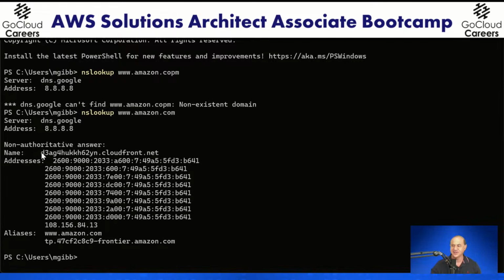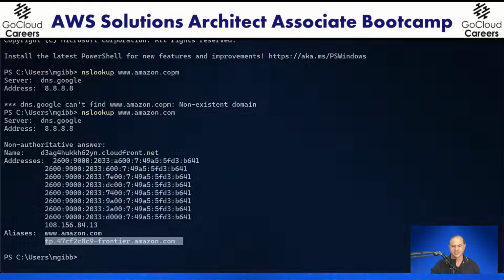So if you don't want this and you want something pretty, was there a type of record that we talked about when we talked about DNS? Yes, there is. It's going to be called the CNAME record. So what you can see is, or an alias record, you can map www.amazon.com to another one of these ugly content delivery network distribution names. So hope that helped there. So that's what you'll fix. You'll create a CNAME record or an alias record to make something pretty for the CloudFront distribution. Now you also have to set up a CloudFront origin.